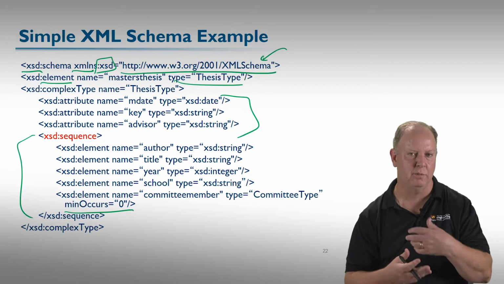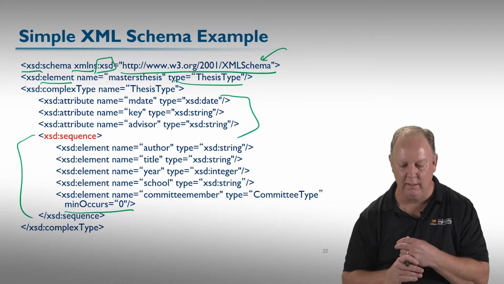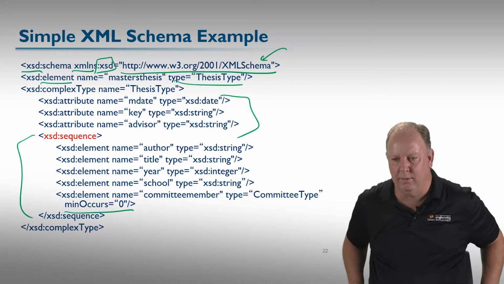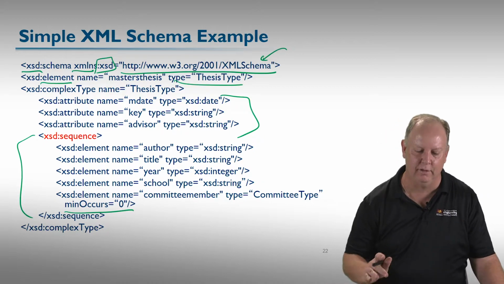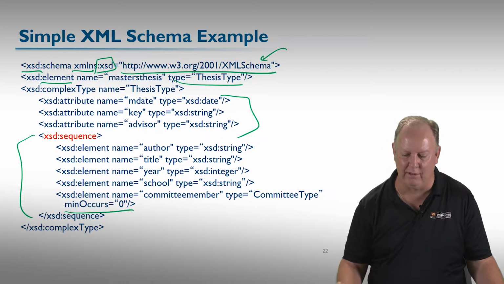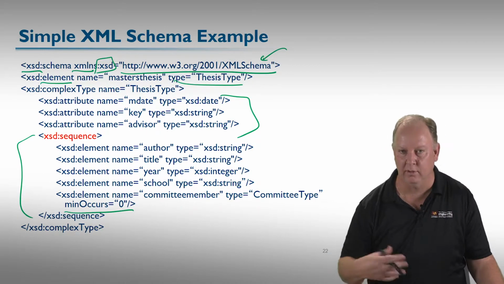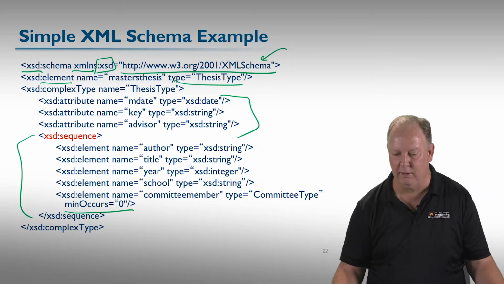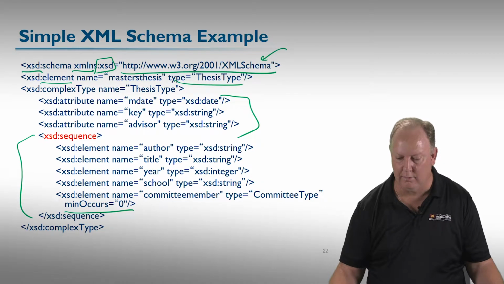XML schemas tend to be much more verbose than DTDs, so they were a little bit hard to read, and you could reference multiple schemas in the same document, so it could be kind of confusing to read these sometimes, but it was a lot simpler from a programmatic perspective to do what's called validation against it. Validation is ensuring that your document conforms to the XML schema that you're implying that you use. And now you could programmatically validate things and use the same XML parsing tools again that you're using to deal with the instance data.